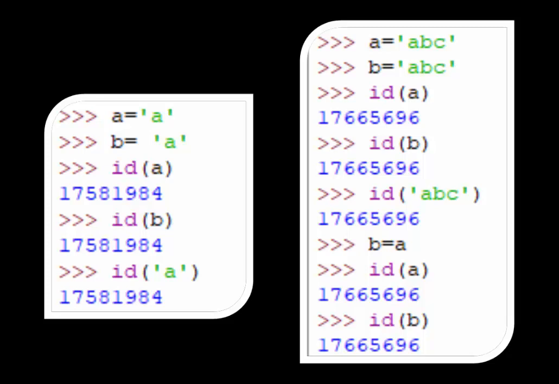In the sense, what I meant is the latest copy's address is being seen. But for smaller integers, you get the same ID as what you get for the variable. And here you see strings. A is equal to ABC, B is equal to ABC. So even for this, ID works exactly the same.